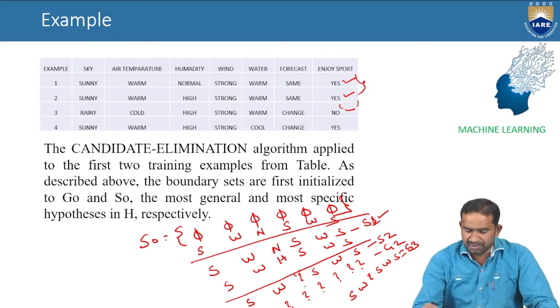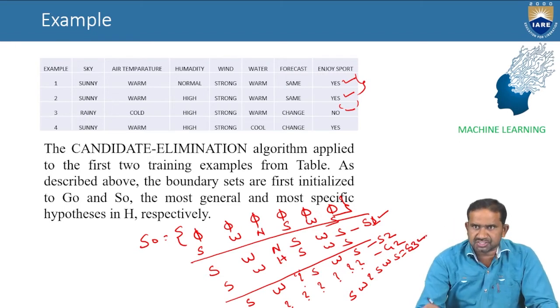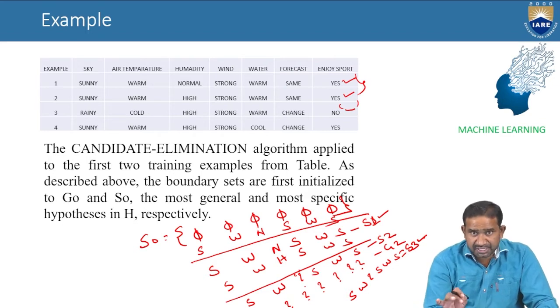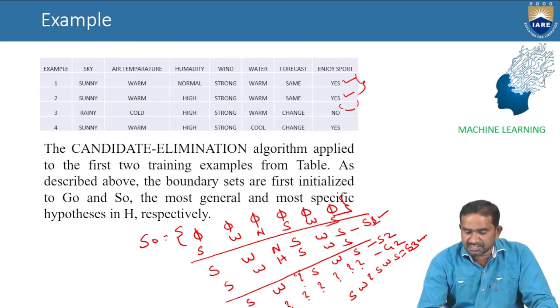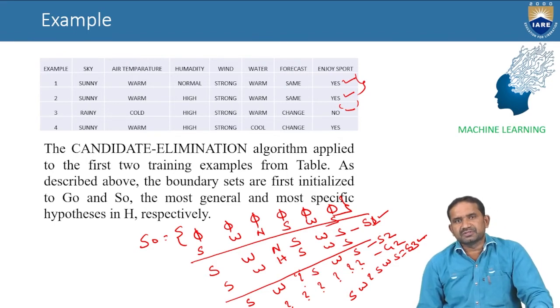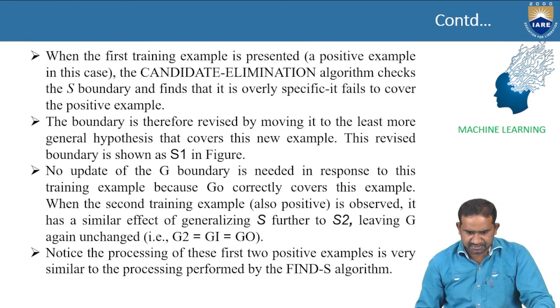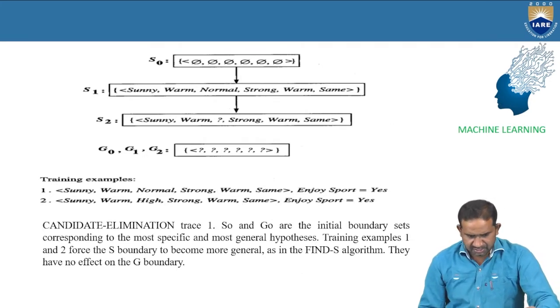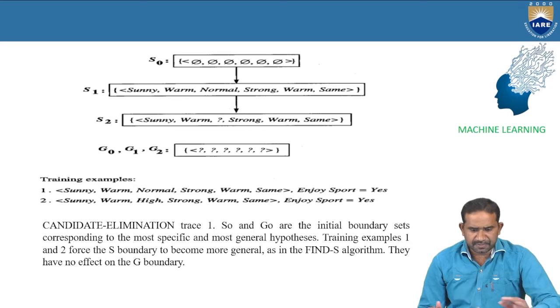S3, keep this in mind. This one is S3. Why? Because the third training example is negative. So S2 becomes S3, and then we start from the negative example. We can check this type of analysis once again. Right. Whenever we discuss it, it is based on the two training examples.